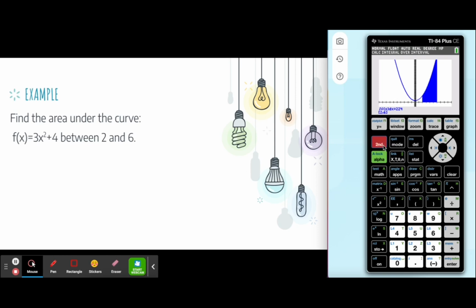And let's see how to use the second method. The second method, you go on your regular calculator page, you click on math, and then you scroll down to the ninth option, which is your integral. You're going to have to put your bounds, which are from 2 all the way to 6. And then in the brackets, you need to put the full function. So we have 3x squared plus 4. We're always going to be integrating in terms of x. So here we're always going to put the value of x. And then we click on enter. And we get the exact same answer. So these two methods you can use interchangeably, whatever you prefer. Graphing it does give you a better visual representation, so I would probably recommend this one.